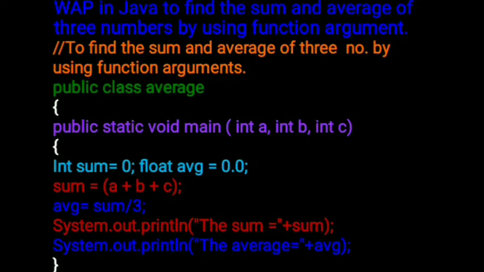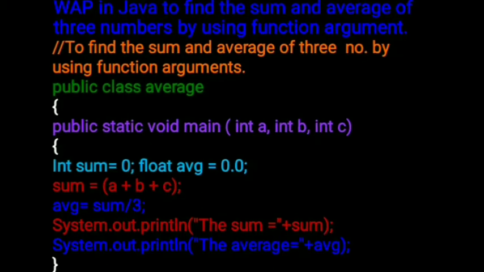Now, first we'll write the class name, that is public class average. Then we'll start the brace, and then we'll write the main function. Now see the main function, where the difference is: public static void main. Till here it is okay. But after that, in assignment we used to write String args, but now we will not write String args. Here we will write the variables with the data type: int a, int b and int c. Now we have not entered any values to a, b, c.